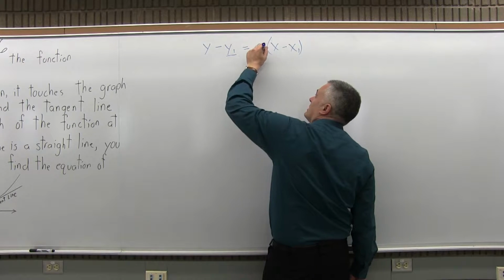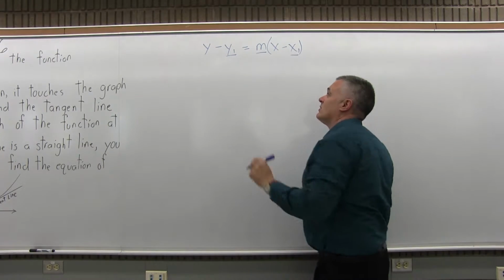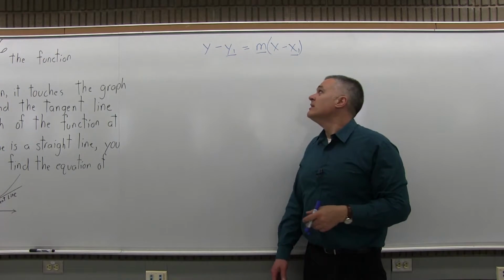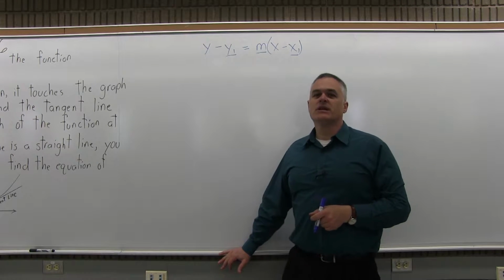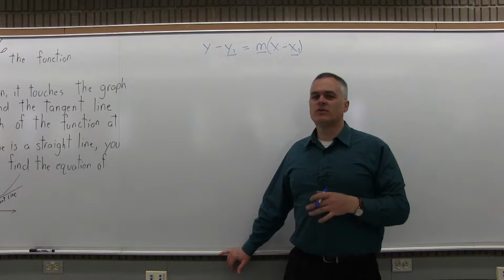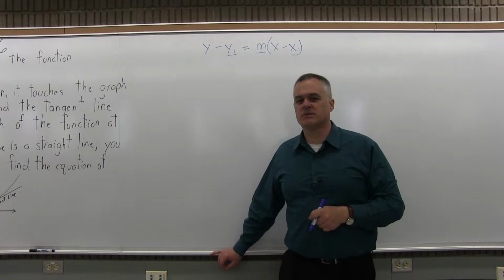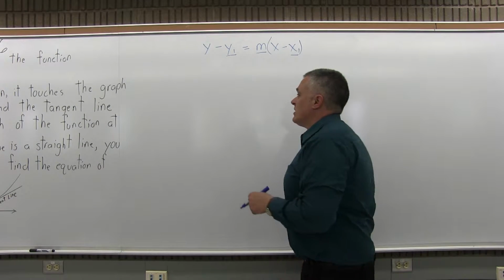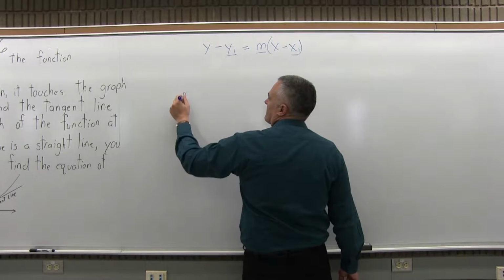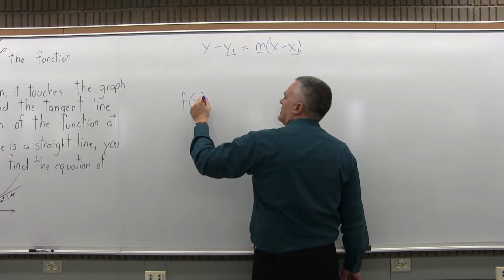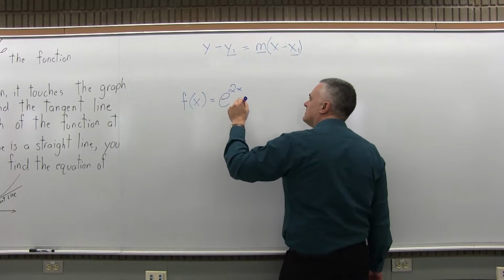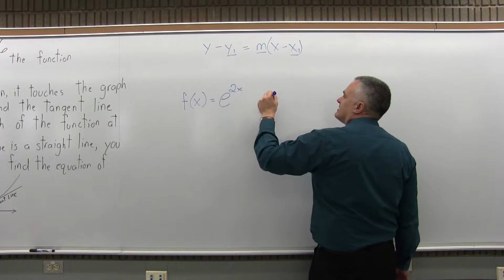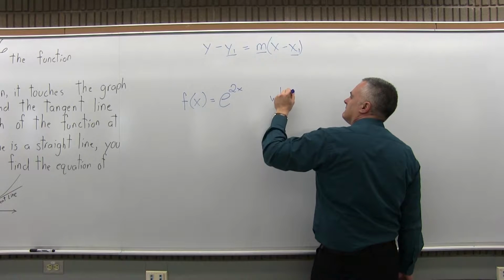And we have to put in a number value for the parts of the formula that I underlined, the y1, the m, and the x1. And the rest of the formula stays the way it is. And after we fill it in, you can simplify if you want, put it in y equals mx plus b form. So the function that's given is f of x equals e to the 2x power. And it says where